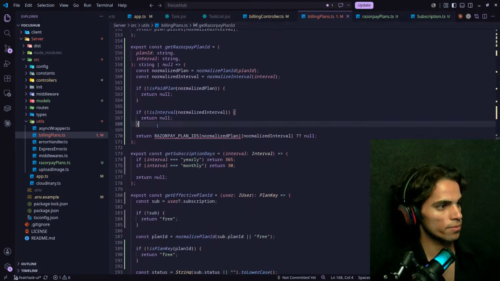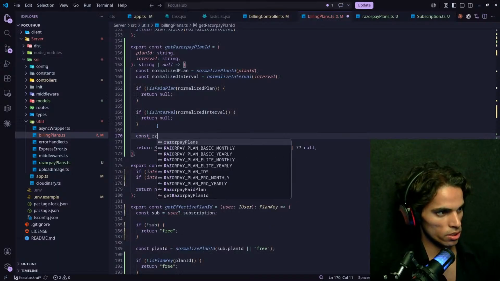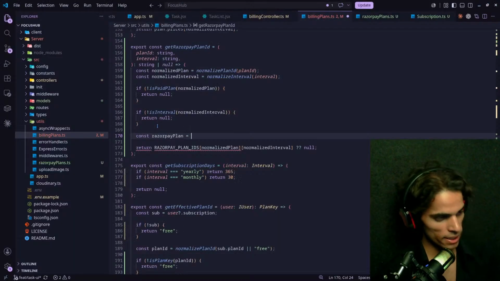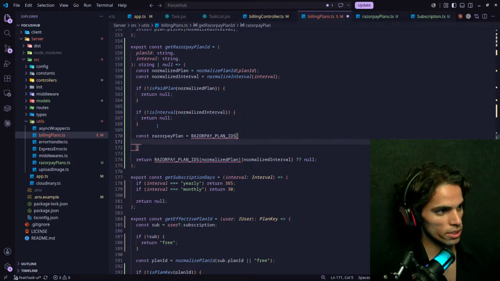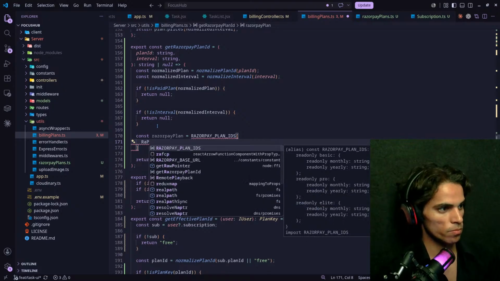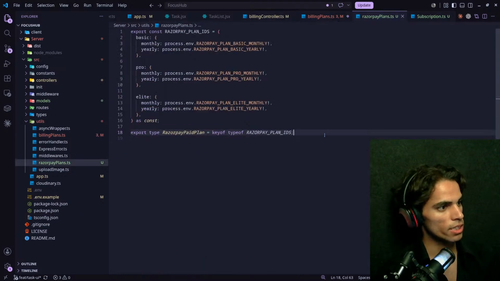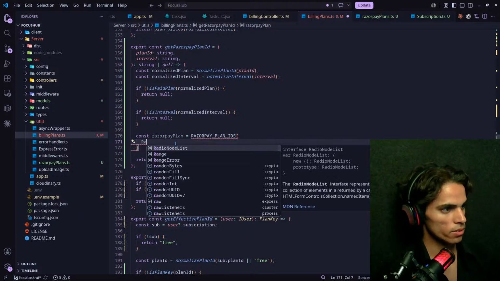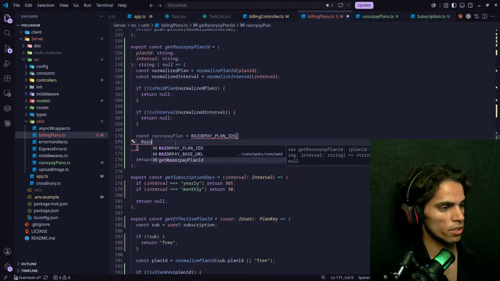here we have to return razorpayPlan const razorpayPlan. This is razorpayPlan, and now what we have to do is razorpayPlanIds, razorpayPlanIds, and inside this I have to do RazorpayPaidPlan. By the way, I have to import that. So we have this RazorpayPaidPlan. Okay, I have to import this. So it will be Razorpay